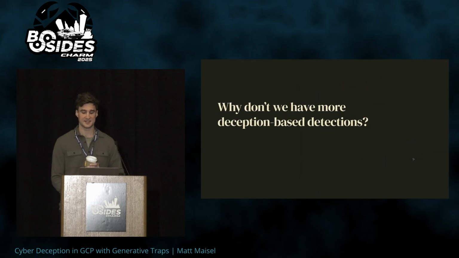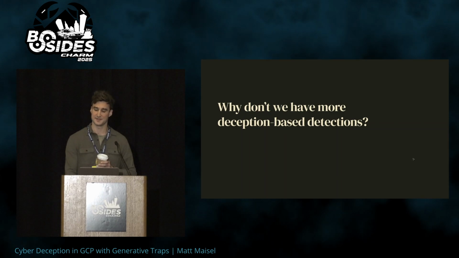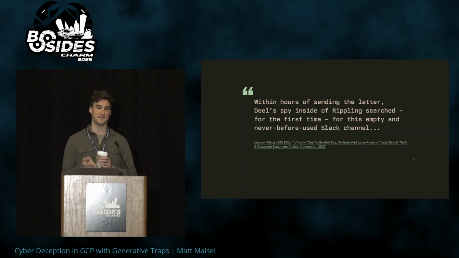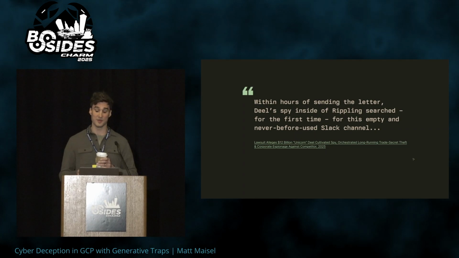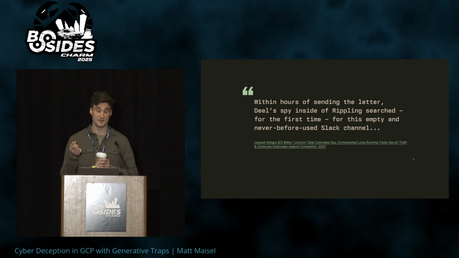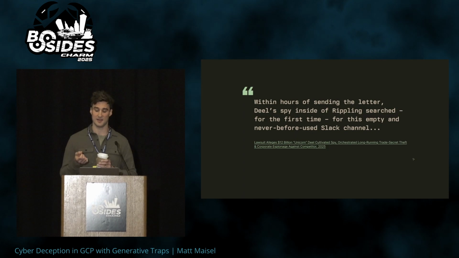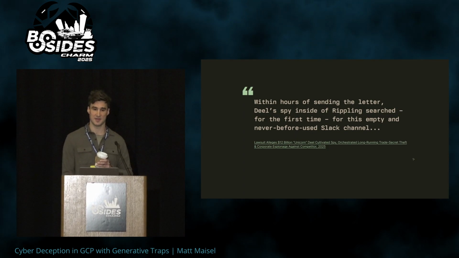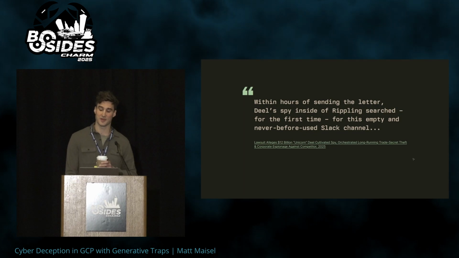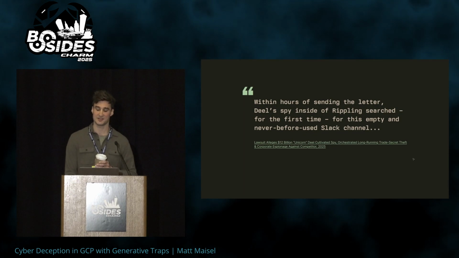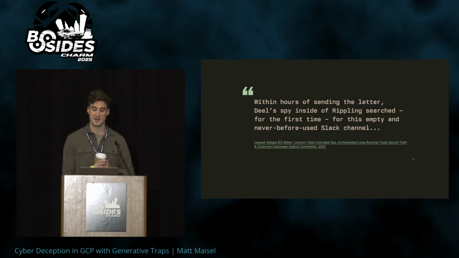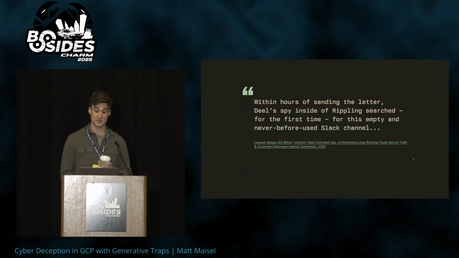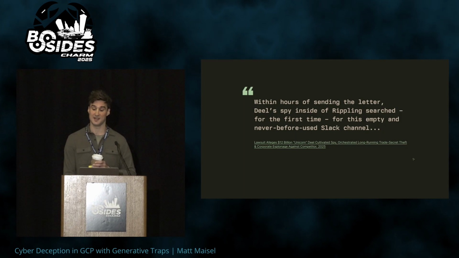So why isn't deception more prevalent in security operations? At least public examples of this are difficult to find. There is one recent example of using deception to find a corporate spy, an insider threat. The Rippling security team signaled to some executives at one of their competitors that, hey, here's this Slack channel that there's some interesting stuff in it potentially. That Slack channel was never known to anyone. It was just created, and it was actually used to expose a corporate spy that was acting in its environment.